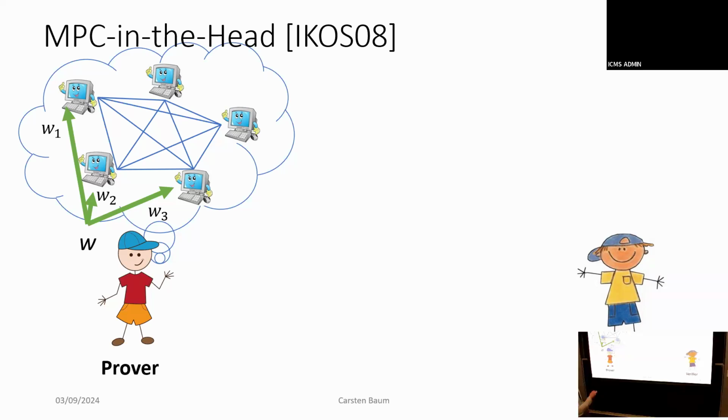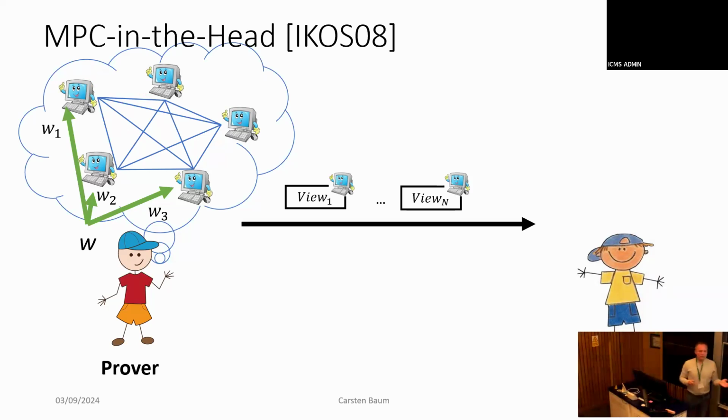Now you might say, well, can't these parties lie? Everything happens so far in the head of the prover. So there's some additional tweak that we need, which is the prover is going to commit to what all of these parties are doing, the views of all of these parties, to their inputs and their outputs and all the communication that they've sent to each other. Okay, it's going to send the commitments over to the verifier. The verifier only sees the commitments; he doesn't know yet what is going on in there.